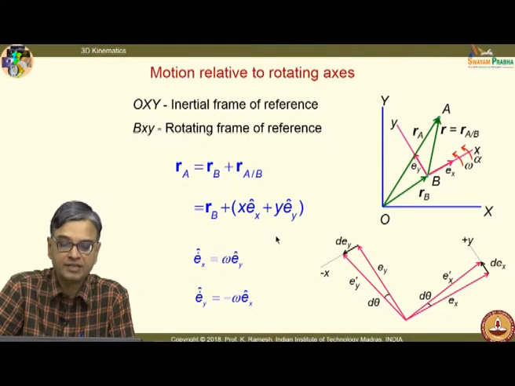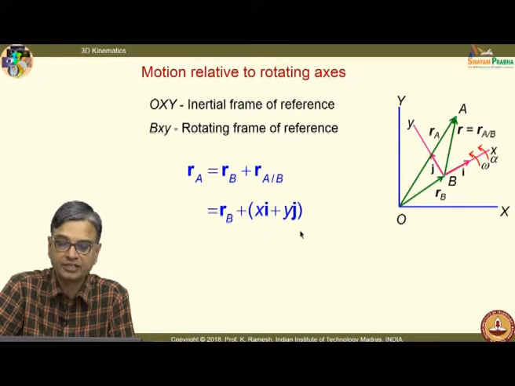Then for convenience we replace it as i and j, and I said that I can have velocity as well as acceleration, angular velocity as well as acceleration. And whatever we have discussed, we have derived the expression for the velocity, we have also derived the expression for acceleration, they remain the same, and you also know i dot as omega j,